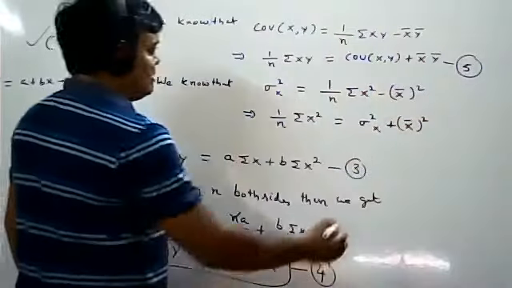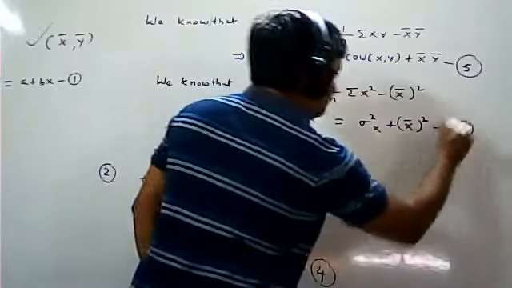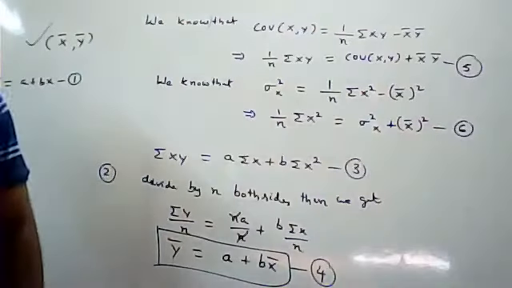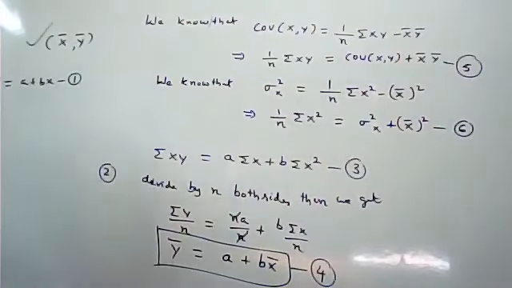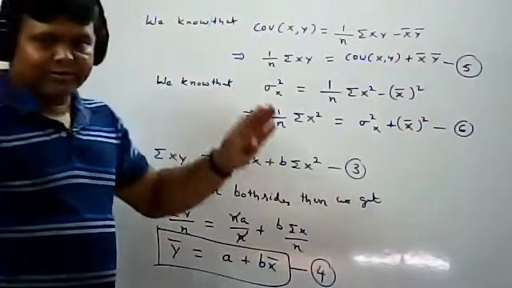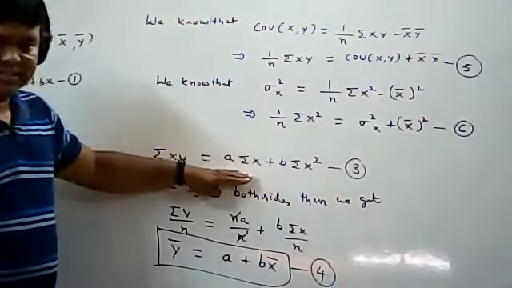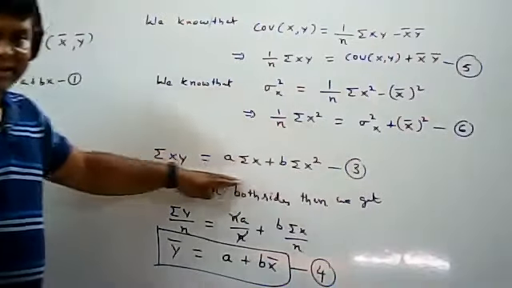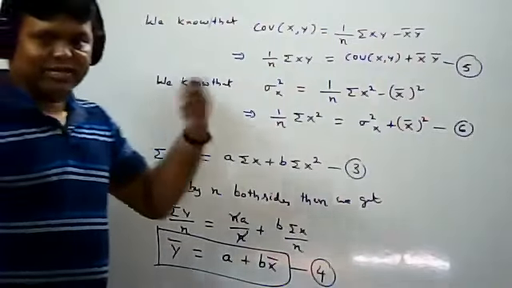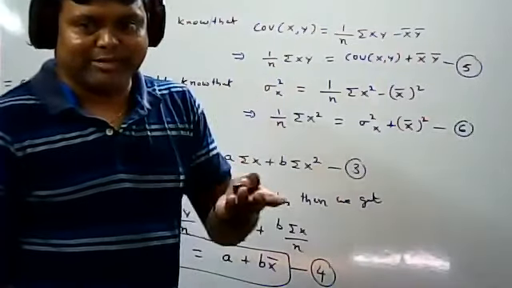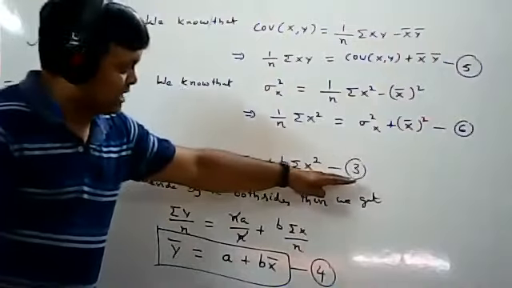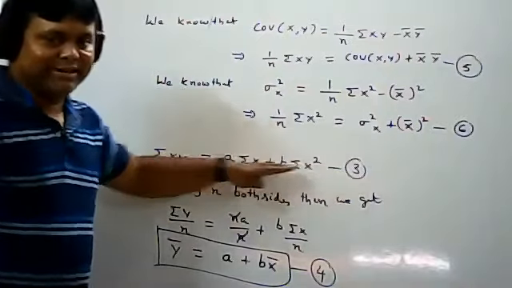This is equation number 6. Already 5 are completed. Now equation 2 already I have used. Now I will use this equation, equation number 3. So I will consider equation number 3. Same as whatever you have considered with equation number 2, divide by n both sides. Similarly, I will consider equation number 3 and divide by n both sides.